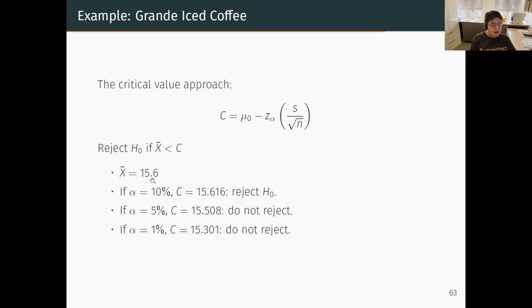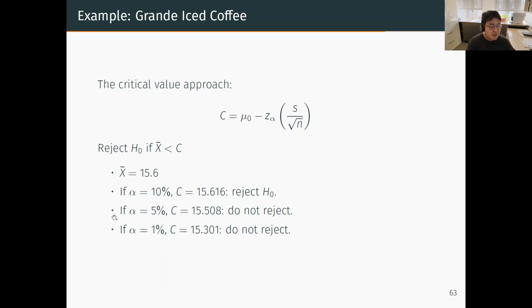So compare them. The sample average is 15.6. If it's smaller than your cutoff, your threshold, then you are going to reject the null hypothesis. So depending on the significance level, if your significance level is 10%, that means you are willing to reject more. You are willing to punish more strictly, right? So if the sample average is below 15.616, then you are going to punish Starbucks. Okay, so in this case, yes, your sample average is below your threshold, so you will be punishing